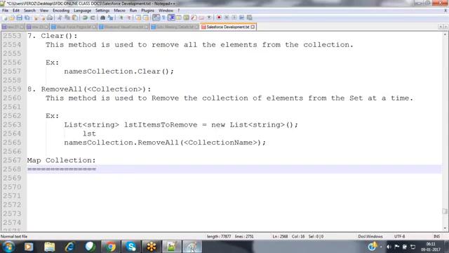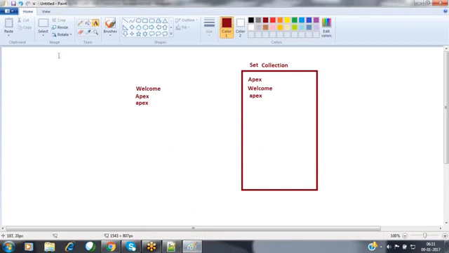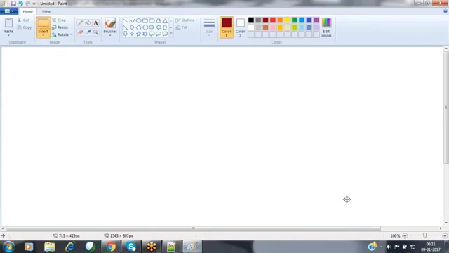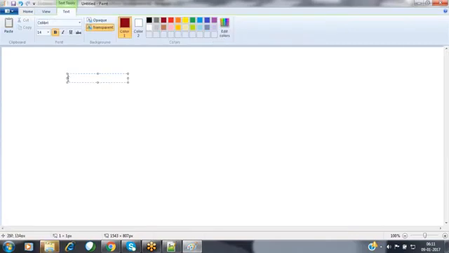Now, in some cases we are going to be storing elements where every element will have two values.